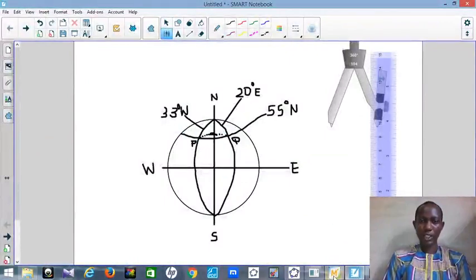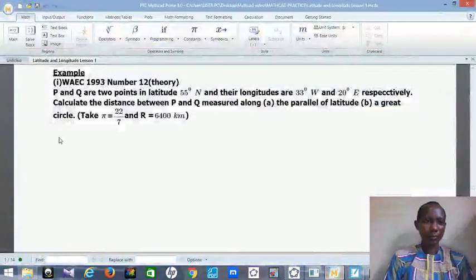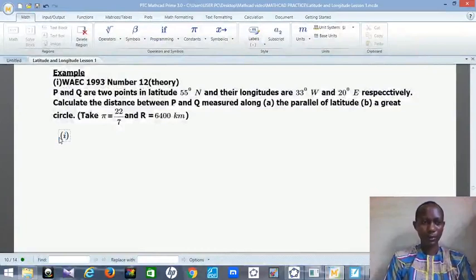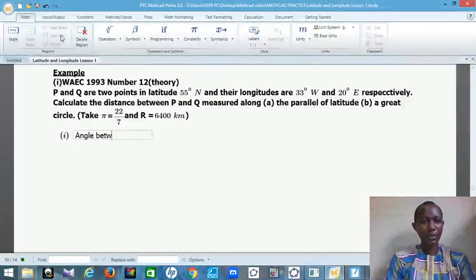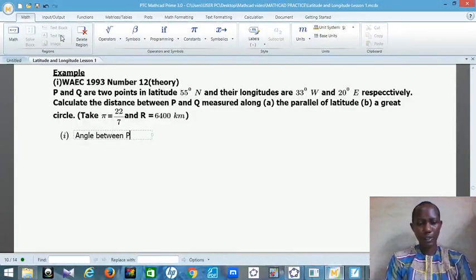So what you do first is you get the angle, which is number 1 now. So angle between P and Q